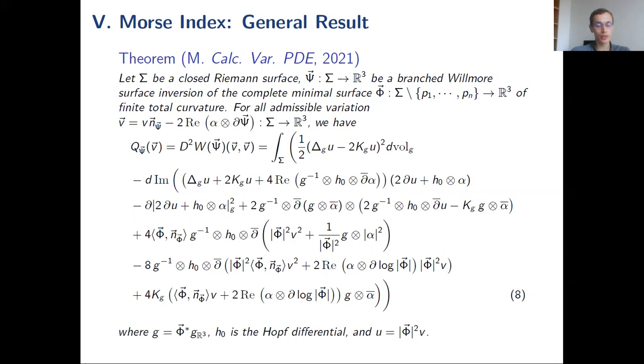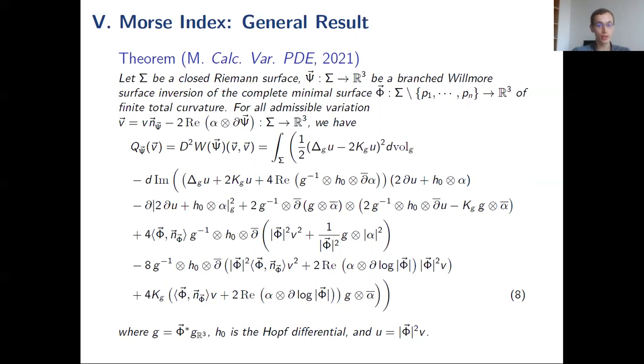In general, if you look at the Morse index, there's some kind of dogma saying that you should consider, even for the first variation, normal variations because the tangential part will not matter. But the thing is that when you do this, sometimes you assume that you have more regularity than you have. For example, if you're just a weak immersion W22, the normal will be W12. So that's why when you compute the Euler-Lagrange equation, you will find this H cube. Otherwise, if you were considering general variations, you could get this weak formulation of the Willmore energy.